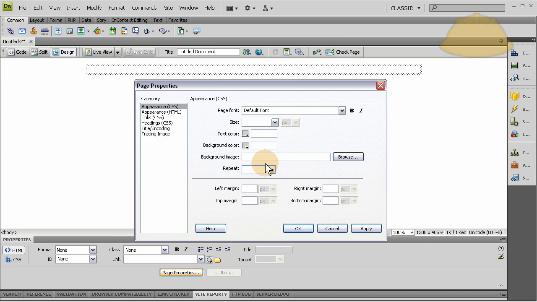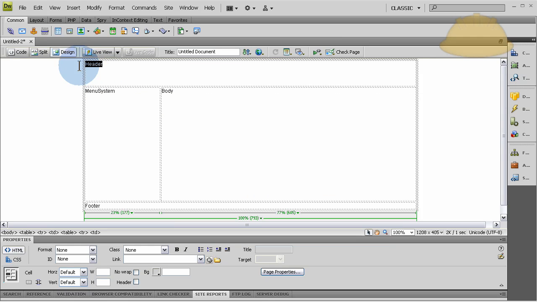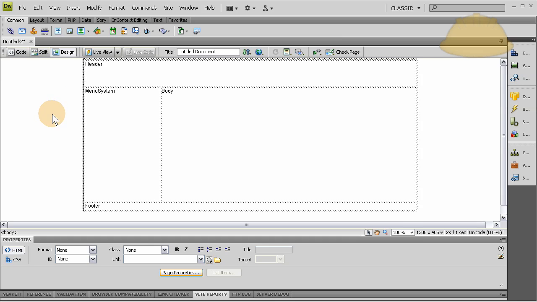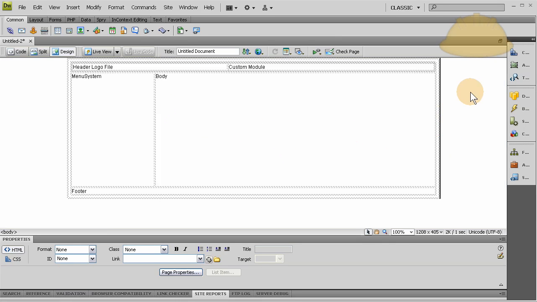Let's set the appearance. First, I'm just going to lay mine. I'm not going to record me going in Fireworks, making a header image, bringing it in. I'm just going to show you the kind of finished design that I've got, and then we'll keep going, because it would get ridiculously long if I did that. Okay, I kind of have this thing structured out for basic demonstration purposes the way I want it, and